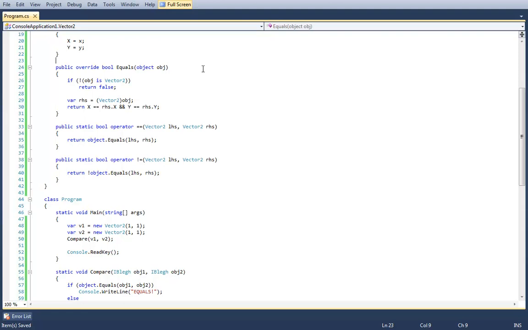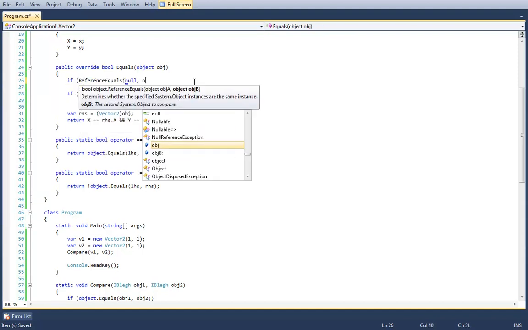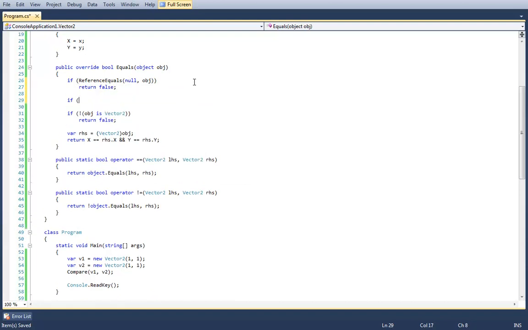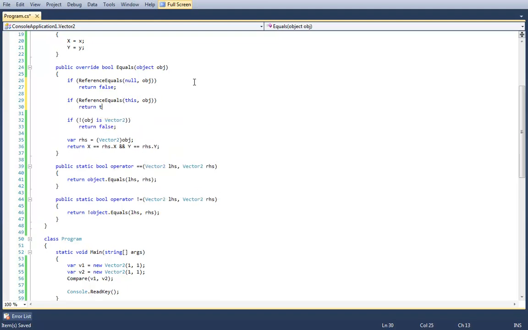Actually, I do want to do one more check on this. The equals method, although in this case already checks for null, you should also check for null within the equals method itself. So you should also do this. If reference equals null object, then return false. And then if reference equals this object, then return true.